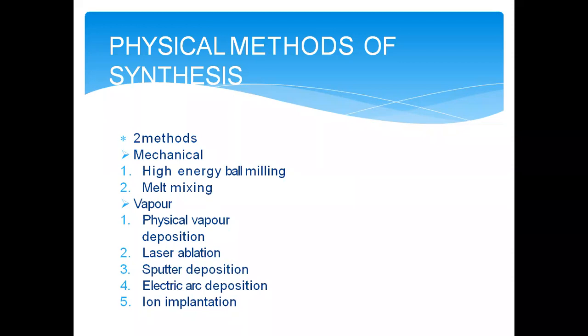Vapor based methods generally have three to four subtypes. The first one is physical vapor deposition. The basic difference between physical vapor deposition and the other methods is that in physical vapor deposition, the material gets condensed inside the chamber by using physical forces. So the vapors are created by physical forces, but in the case of chemical vapor deposition, the vapor is created by chemical sources, by a chemical reaction.